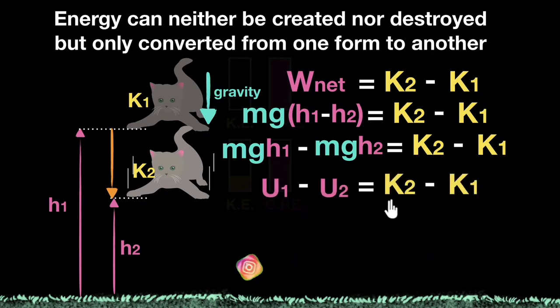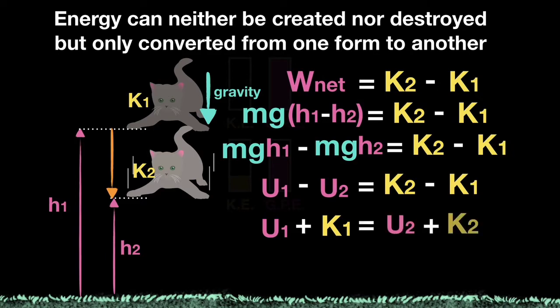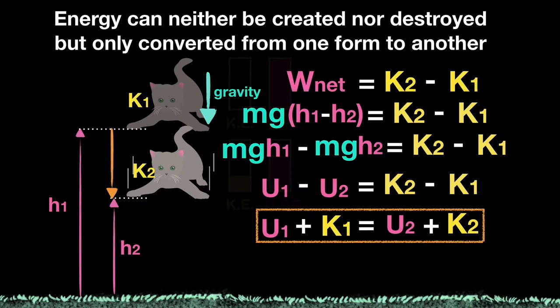And if we rearrange this, look at what we'll get. On the left-hand side, we'll get U1 plus K1. That equals U2 plus K2. And what is this equation telling us? This equation is saying that the total energy of the cat, potential plus kinetic initially, equals the total energy of